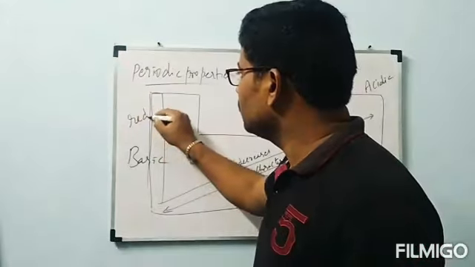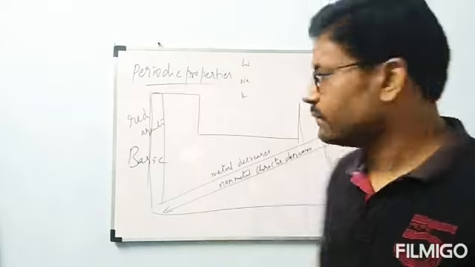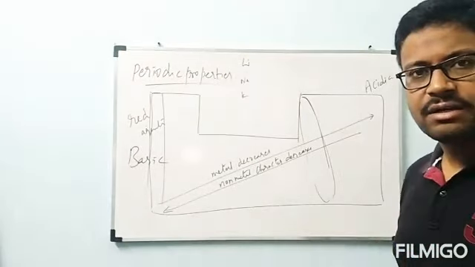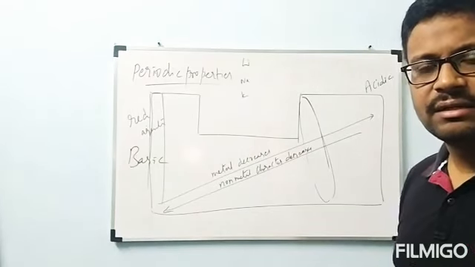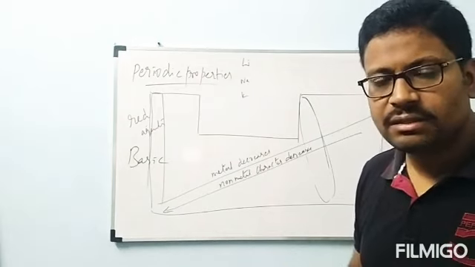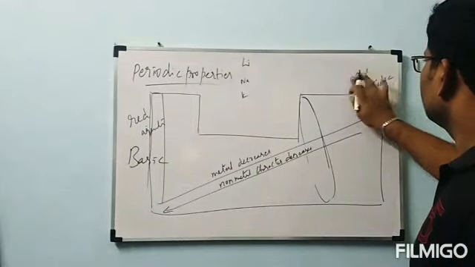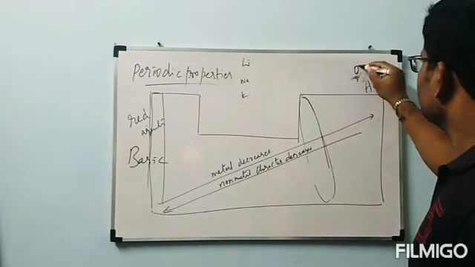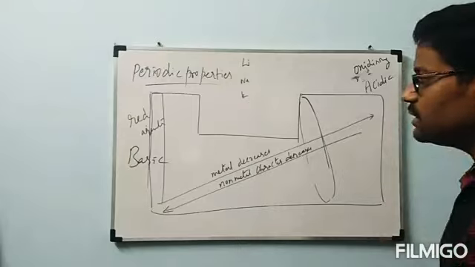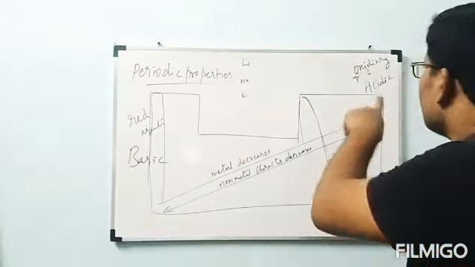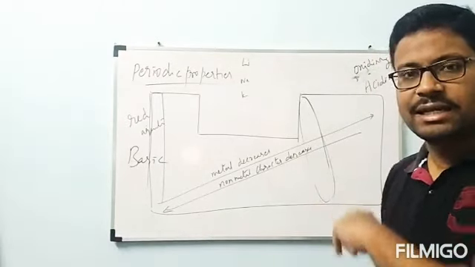So these are all good reducing agents, meaning reducing capability is high. On this side, non-metals can gain the electron easily. When they gain the electron easily, they will undergo reduction. Reduction means they have good oxidizing capability, so this side has good oxidizing property. Then from left to right, what happened? Reducing character decreases and oxidizing character increases.